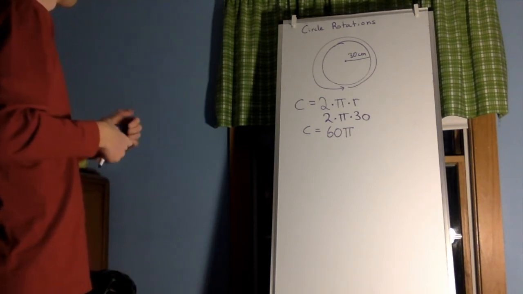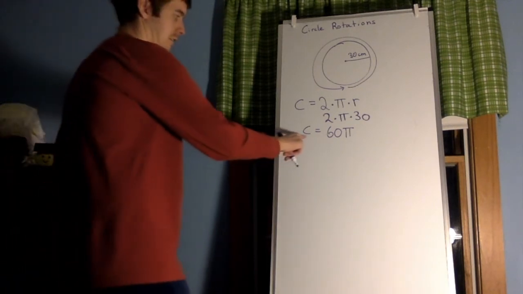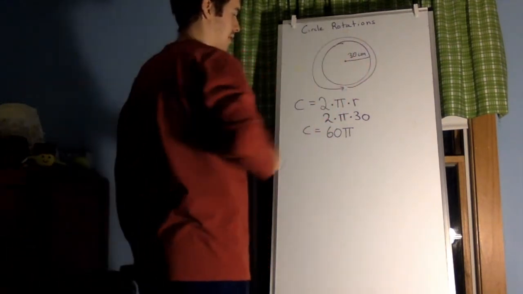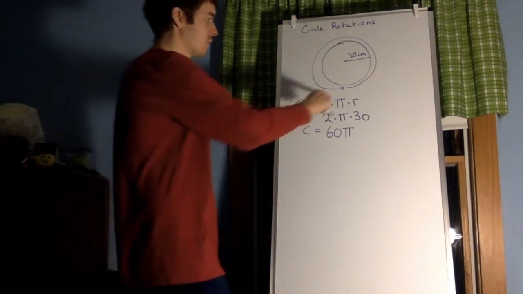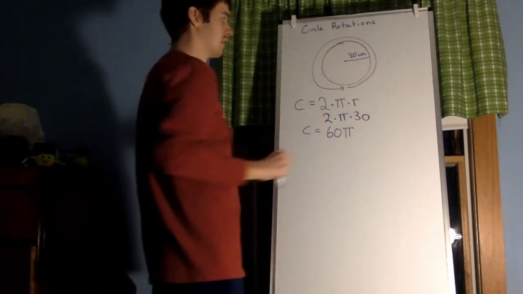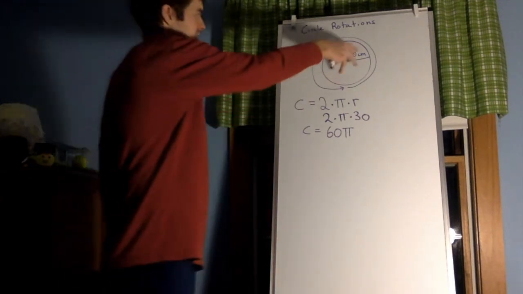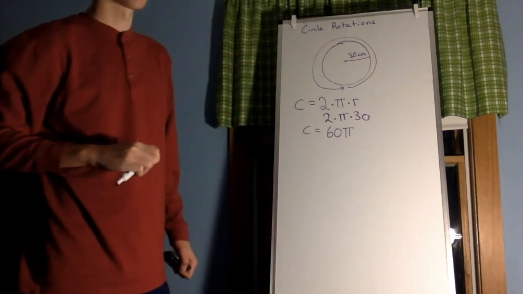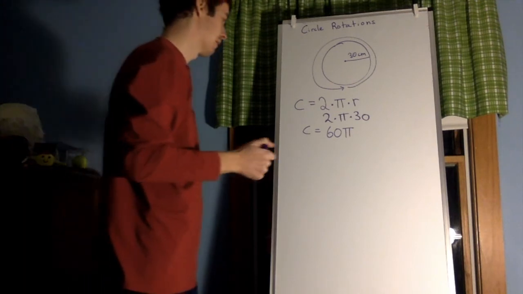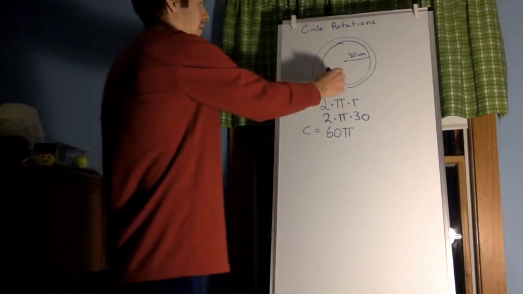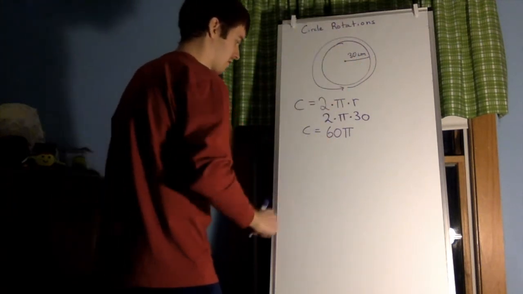All right. So I know that circumference right there is 60 pi centimeters. And I know that circumference is equal to 1 rotation of that, right? Because this is our tire. You could think about the same thing with DVDs. Works the same way. But I'm not just talking about 1 rotation. I'm talking about 3. So we're going to take 60 pi,